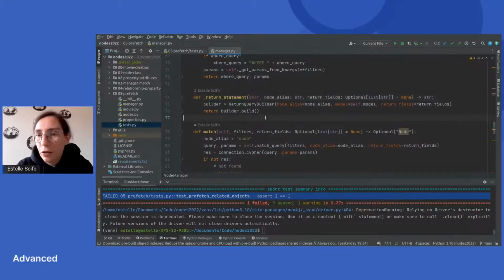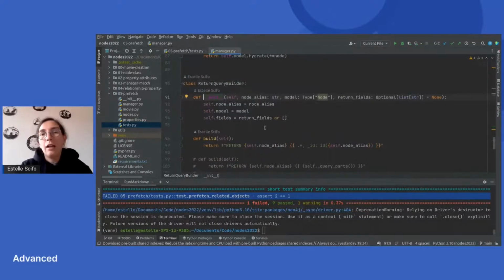Here again, the code started to become quite complex. So I've extracted the code into another object that is just meant to build the return statement. There are 2 reasons for that. One is that the code is a bit cleaner, a bit more organized, at least. The other reason is that, as you have seen before, we can iteratively build the map projection pattern, adding deeper and deeper relationships.